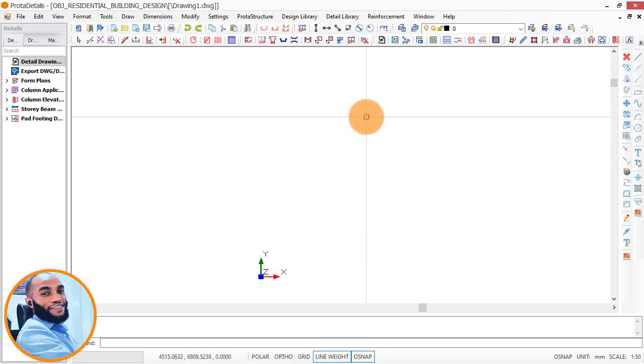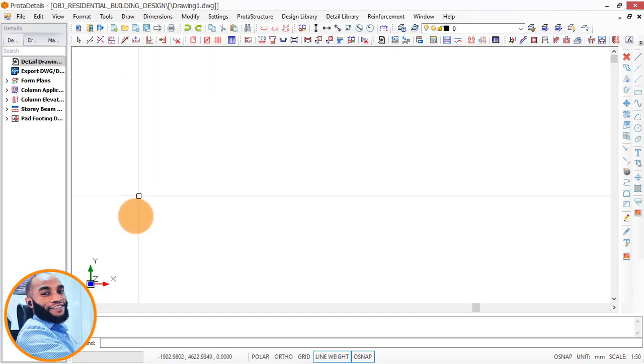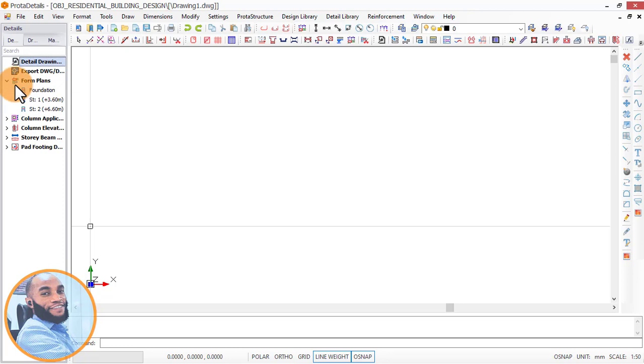Now on this place, the first thing I'll do is to make sure that this thing here is on this place here. Once this is here, I'll come here and click on this place here. Now the first thing I want to bring out from my drawings is my form plans, my foundation plan, and all the story plans. Okay, so I'll click on this arrow here under form plans, and then click on my foundation here, and then right click, and I'll say